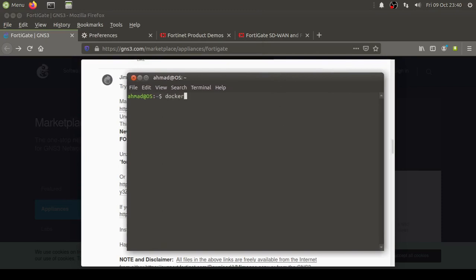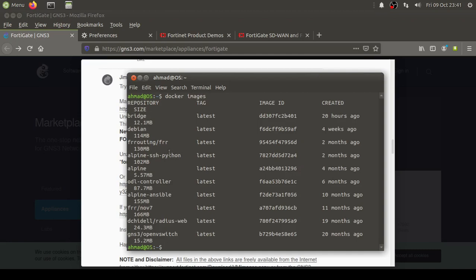Once you have Ubuntu system with you, you need to install Docker. So to install Docker, you can simply do sudo apt install docker.io. I have already got it installed, so I don't need to install it again. Once you have Docker installed, you need to pull in the Docker images that are publicly available from hub.docker.com. Let me show you the images that I have with me right now. I have these images, some of them I have built myself, and some of them I have pulled from the public repository. This is the image that we are interested in.